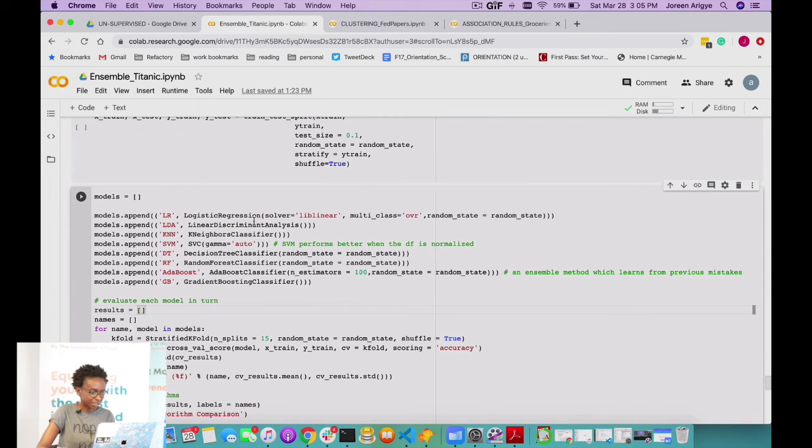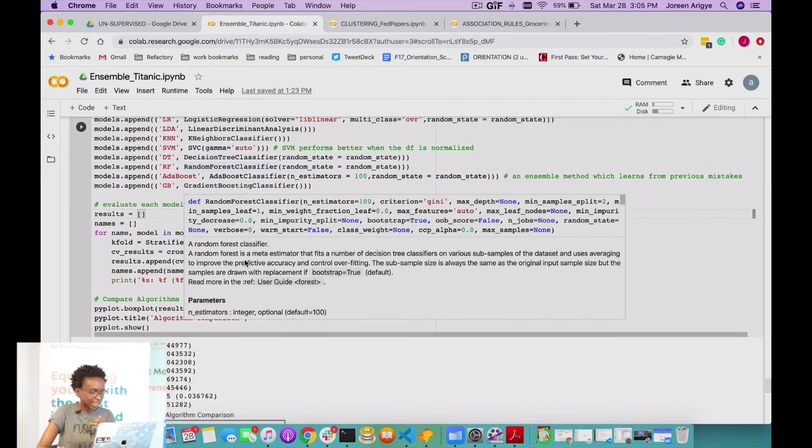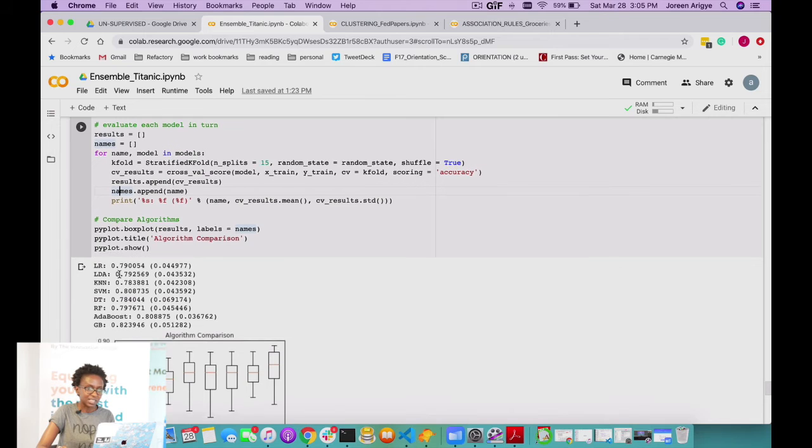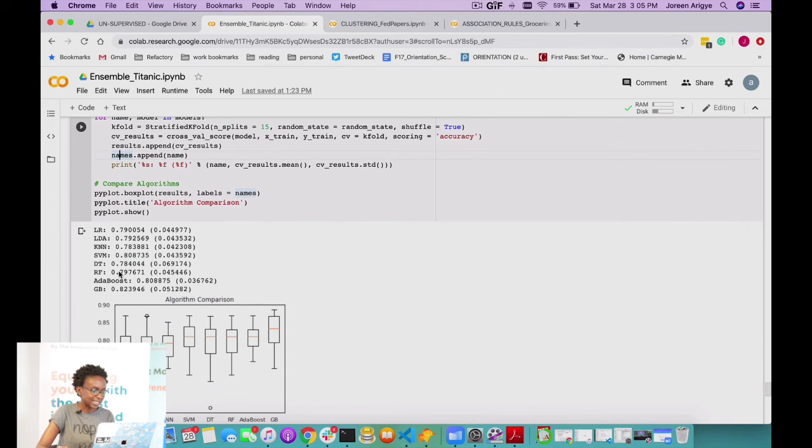The logistic regression, KNN, SVM, decision trees, random forests, and again the Ensemble models perform much better than the other ones. We don't see much of a difference with the accuracies, but we can see that SVM performs much better, because SVM generally does better with normalized data, but the rest are kind of similar to what we